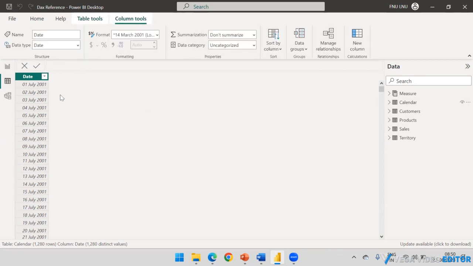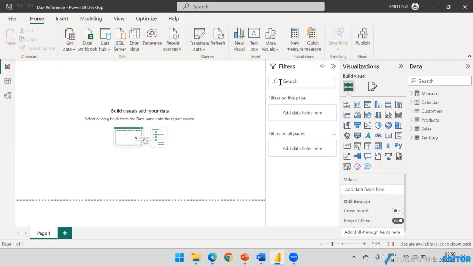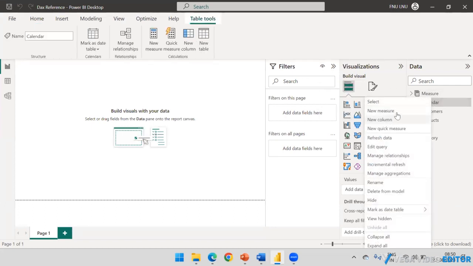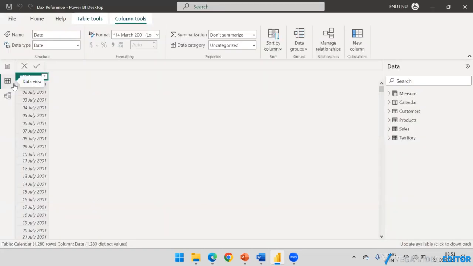Here in the home tab, you will not see anything, because you will not be able to create it there. But if you select the table and right click, there is something called new column. This is the option to create the calculated column. This is one way. If you go to the data view